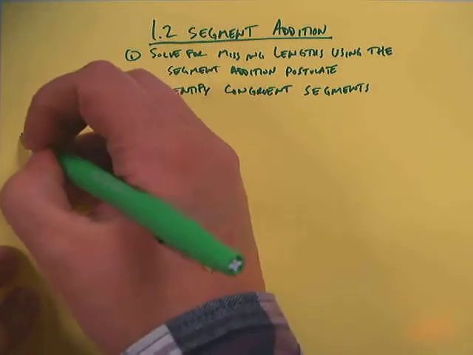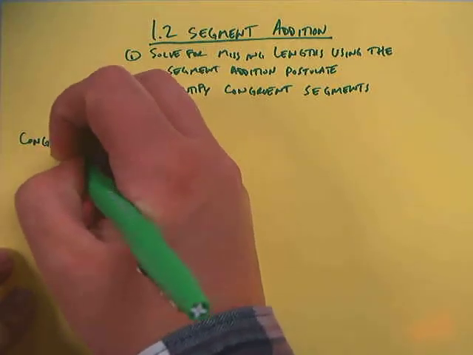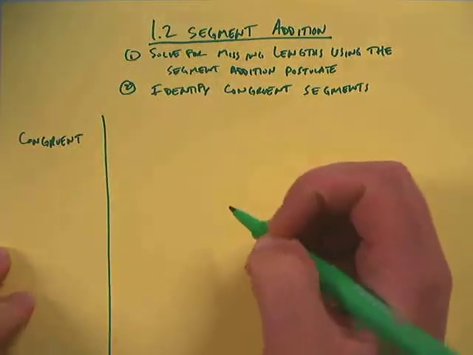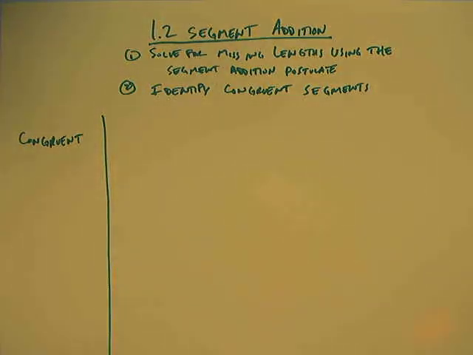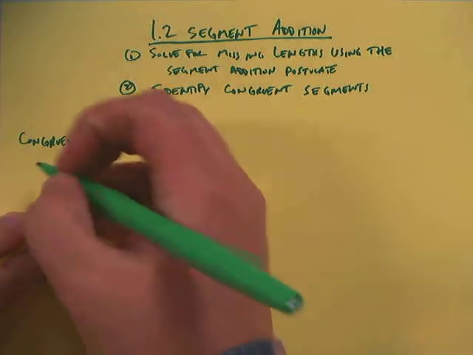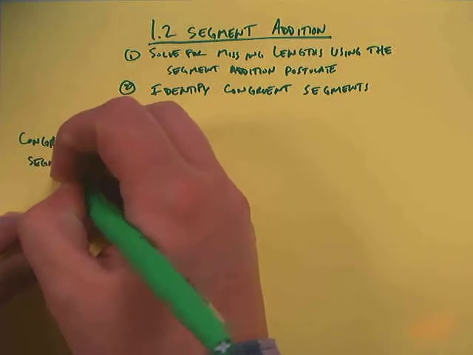So congruent is kind of like equal, but for geometric objects. So like we can have segments that are congruent, we can have triangles that are congruent, we can have angles that are congruent. We're going to see this word a lot applied to different geometric elements. So for segments, so congruent segments,